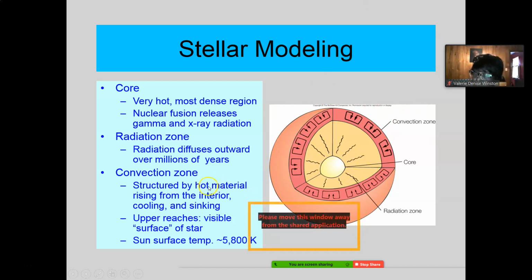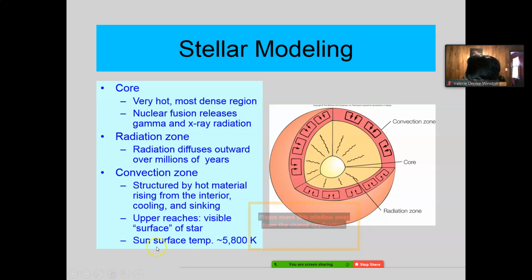It's structured from hot material, gases, rising from the interior, cooling, and then sinking back again. And that's what's happening constantly around that star. The upper reaches, that's what we call the visible surface of the star, even though it really doesn't have a surface. It's just the outermost layer.